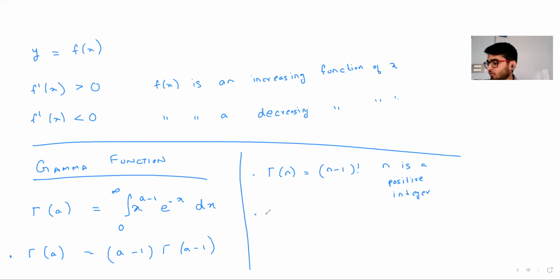Then what we have is gamma half. Gamma half is nothing but root pi. This is the result which we'll take to be given. Again, all of these are given in actual tables, but these are pretty common properties of the gamma function. If you remember these by heart, it's good. You do not need to spend time flipping pages of actual tables to look at the formula. These are nothing but the properties of the gamma function.